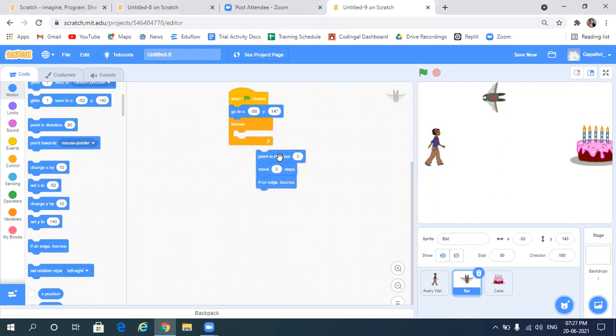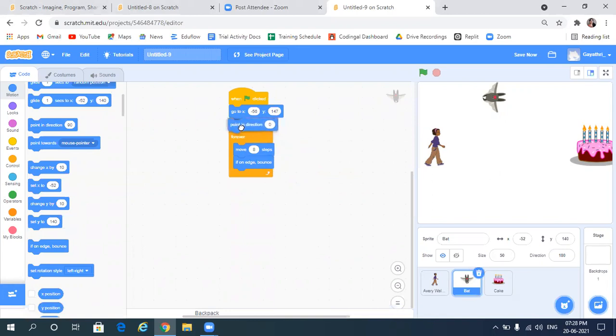So take off this point in direction. Let me check. So the bat is moving. If you want to change the speed, change it here, move 8 steps. If you increase it, the bat will move with higher speed. Okay, so we have programmed for the bat.